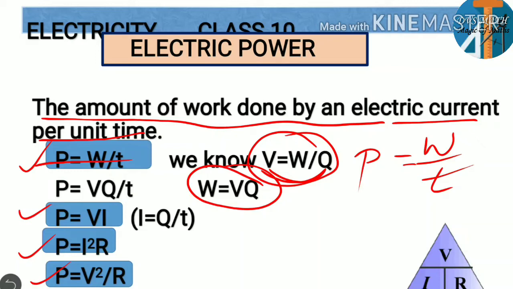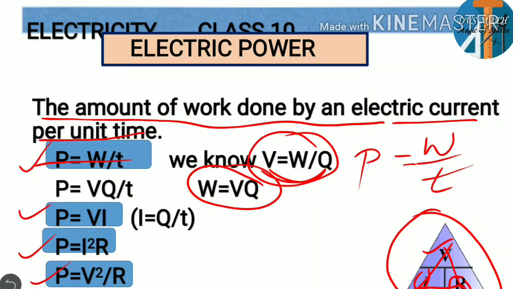And as you all know, Ohm's law is built of three: V, I, R. So as I told you, if you want V, just multiply IR, or if you want I, V by R, or if you want R, V by I. This is the simple triangle to remember Ohm's law, three formulas.